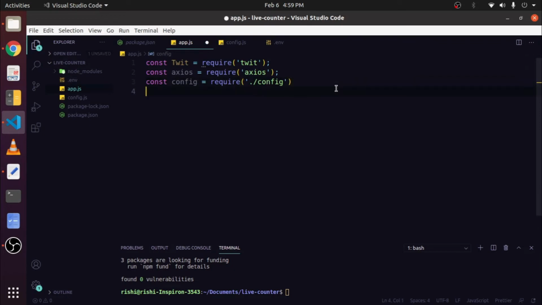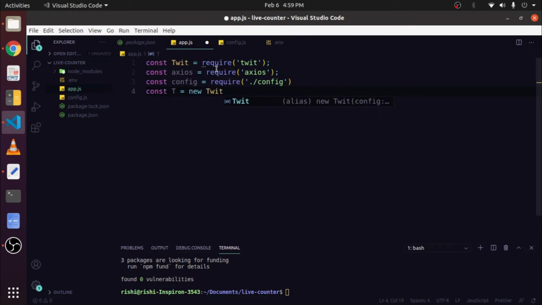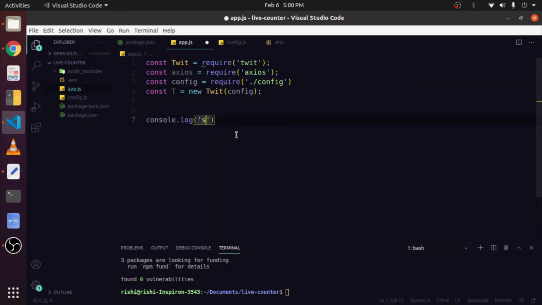Now after that, create a new variable and name it T and then make it equal to new and then call this Twit package that we have imported over here like this, and then pass this config object as an argument over here like this. And at the end of this file, type console.log server is started to make sure everything is working fine when we run our server.